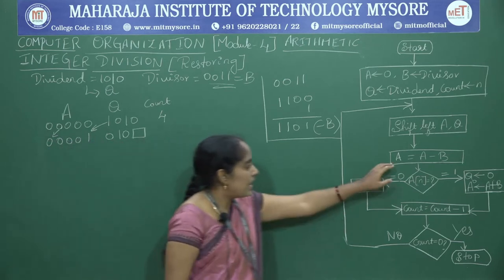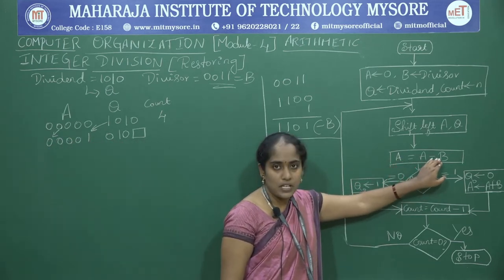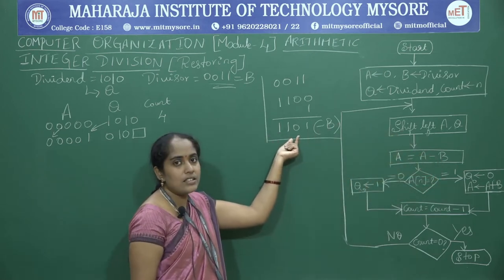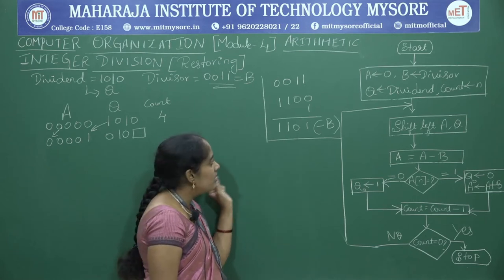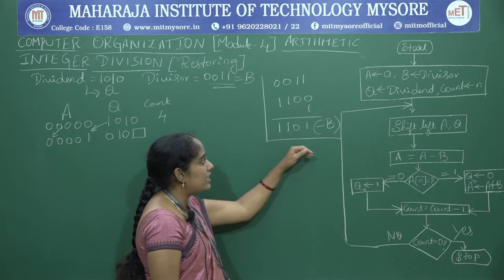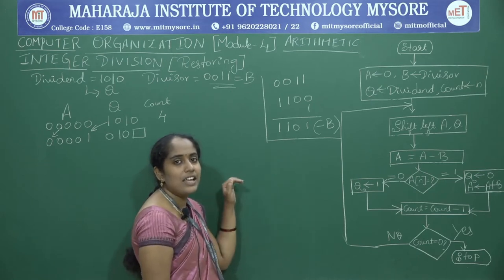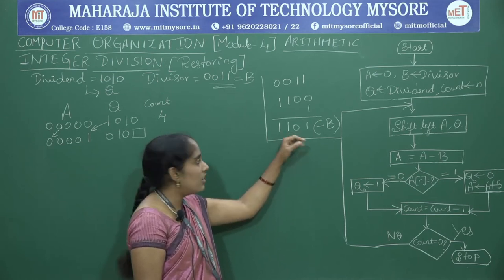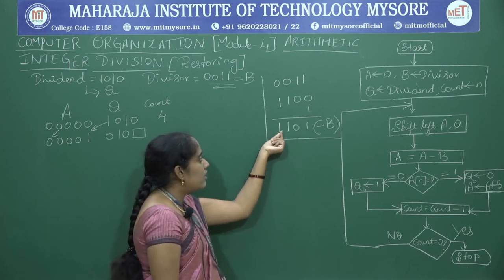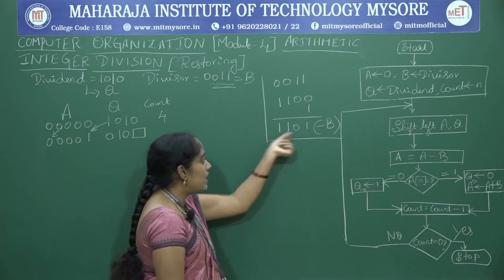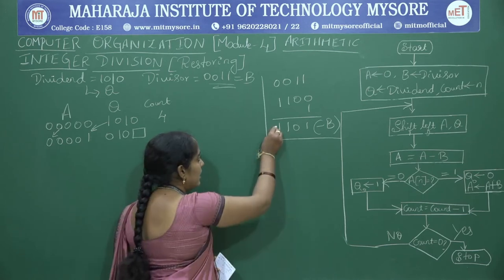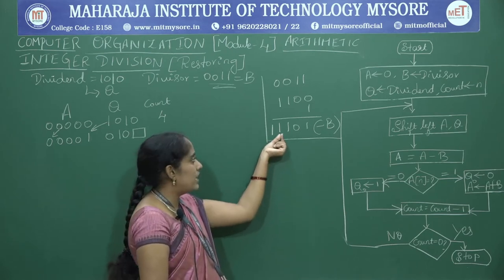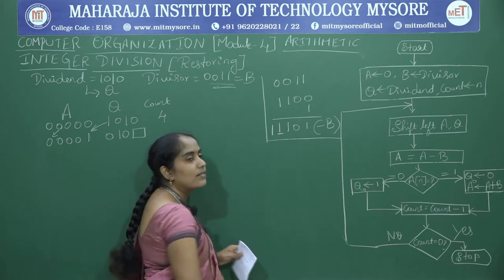So, what is the next step? A is equal to A minus B. Minus B is nothing but taking the 2's complement of B and adding this with the A value. This B value again depends on the A value. A will contain 5 bits, so in that case you need to make this into 5 bits. How? You need to extend the sign bit. The sign bit of this minus B is 1, so for that reason I will make this B into 5 bits. How? Extend the sign bit. This is the sign bit.